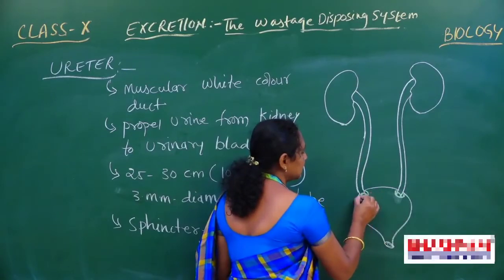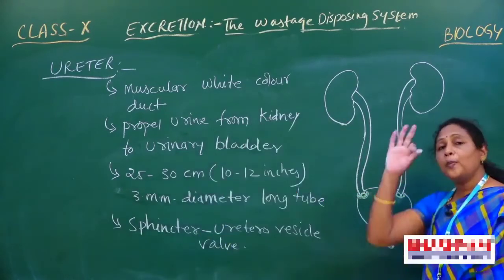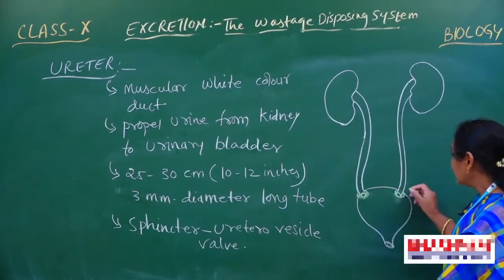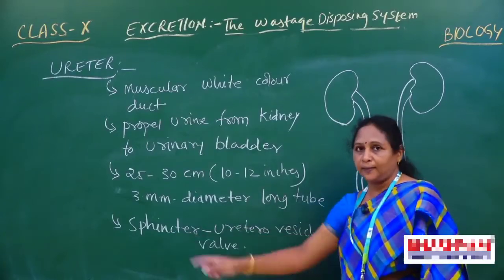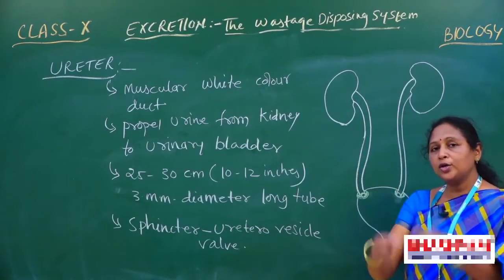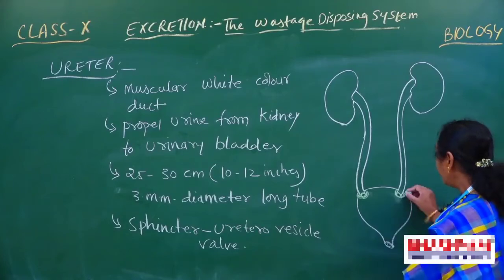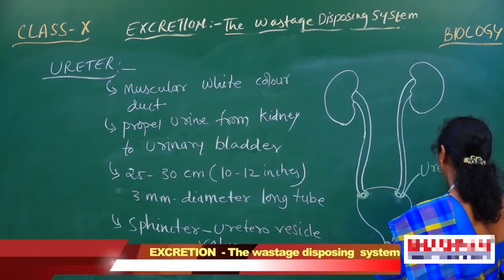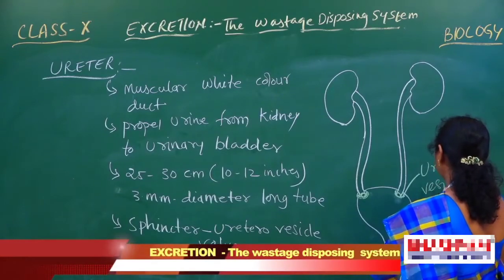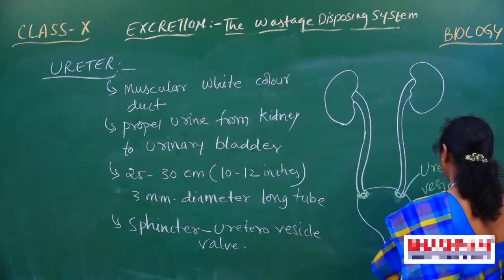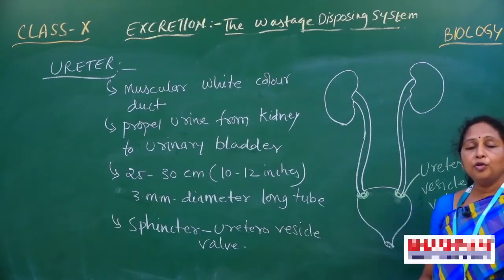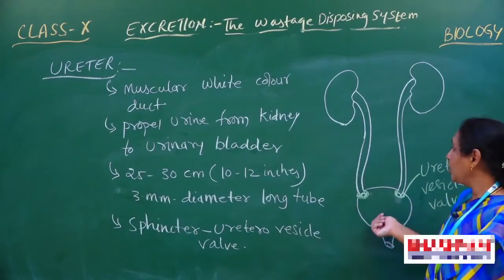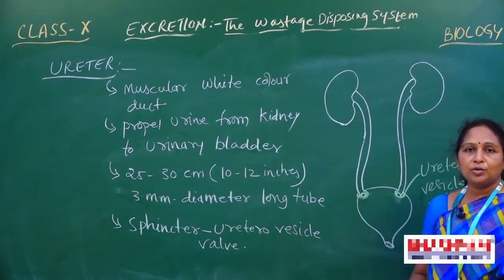These special ducts help prevent the flow back of urine from the urinary bladder to the ureter. This duct, otherwise called a sphincter, is a small door-like structure with apertures. We call these ureterovesical walls. They prevent the flow back of the urine from the urinary bladder to the ureter.